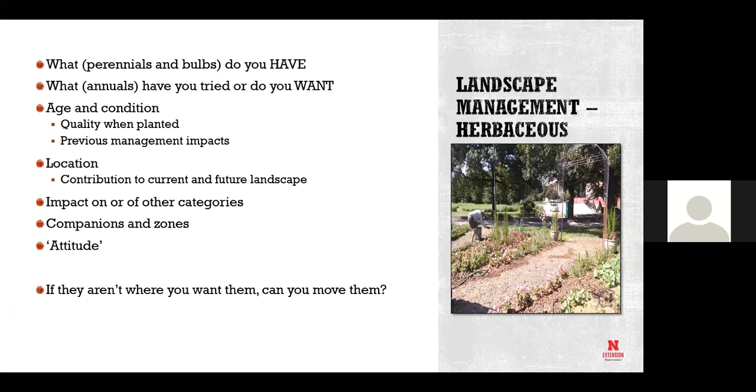What happened, especially to the soil, in the areas where those perennials were? Location again, contribution, same thing, impact on other plants in the area or of other plants. The big one here is trees. Because I think one of the mistakes made from a management standpoint goes back to how big does the darn thing get, or how big is it already?